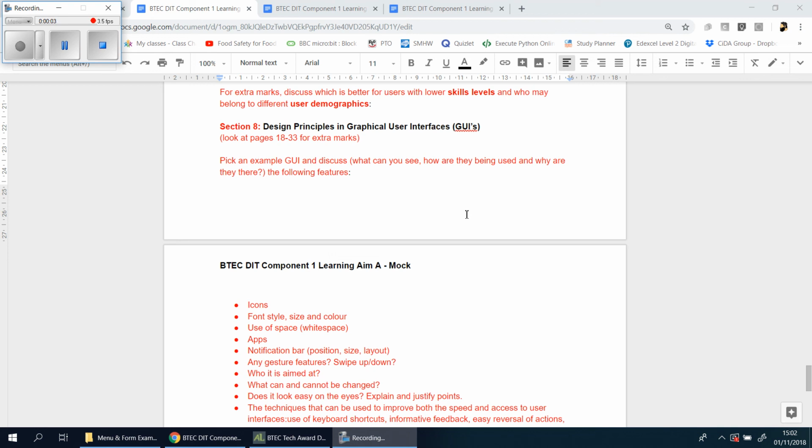Okay, welcome back. We're now going to be looking at section 8, which is all about design principles in graphical user interfaces, which is obviously GUIs. The pages to help you are pages 18 to 33, so there's quite a few pages there,